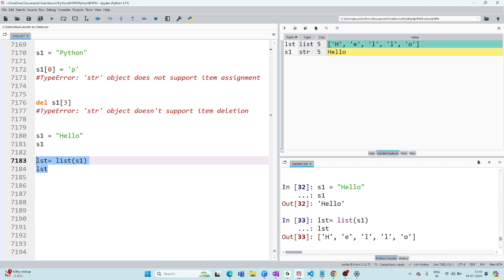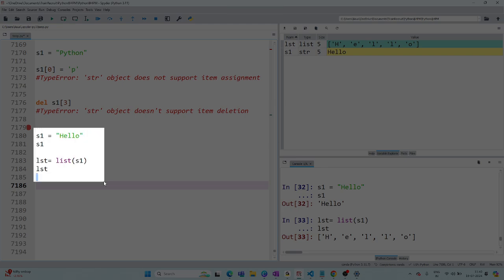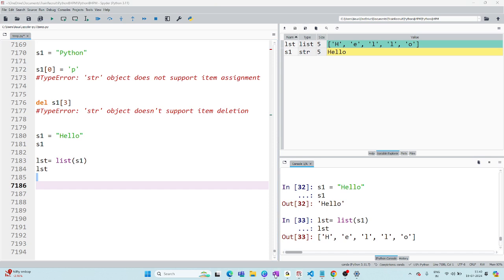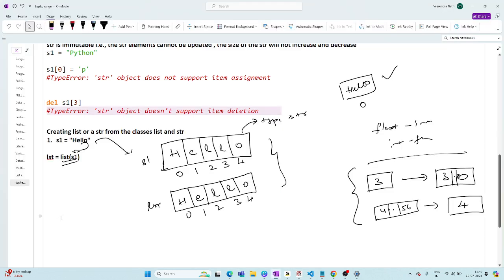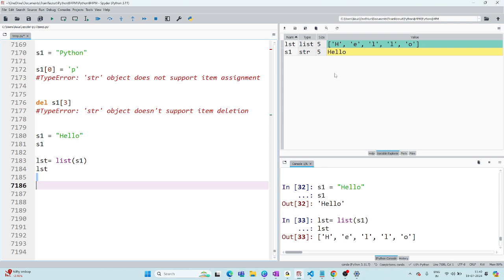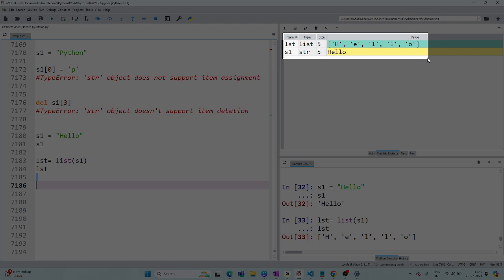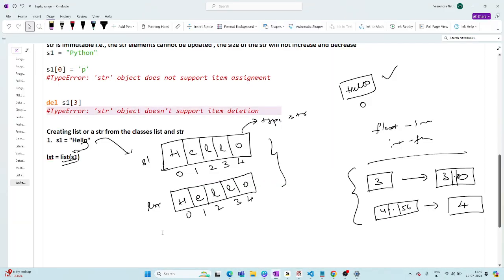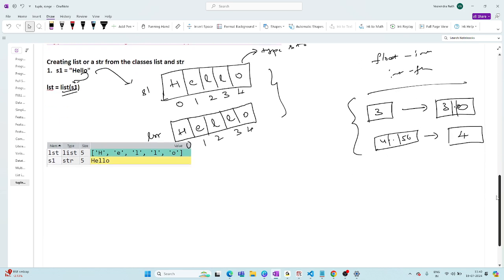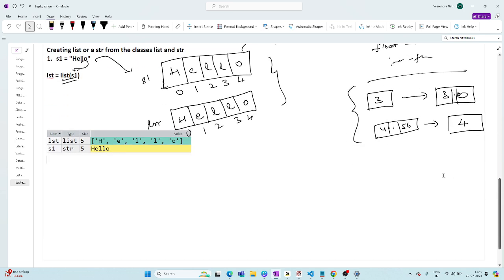Yes or no? So always remember the common points. What is the common point? Index. This index is showing in that way, that's it. Am I clear or not? So what literally happened, you understood now? What is list used for? Tell me now. List of is used for conversion. So you are converting. What is converting, sir? You are converting a collection into a list. Always remember that point.